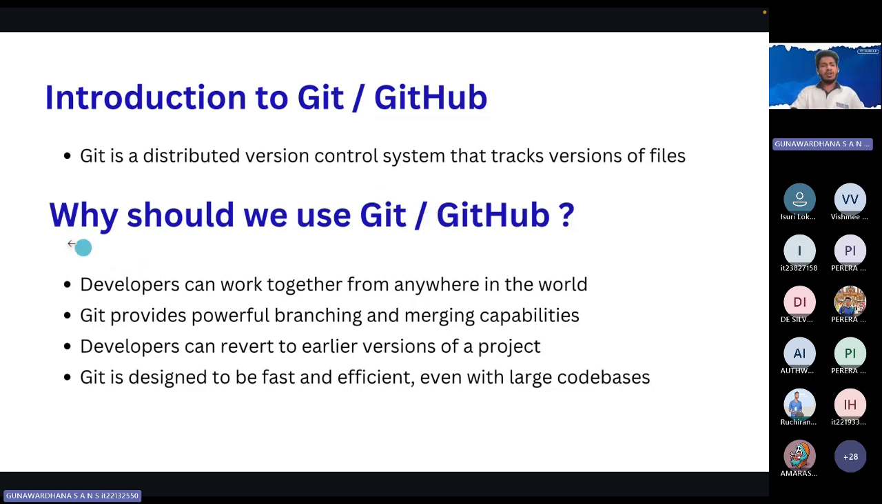So guys, why should we use Git and the GitHub? Right. When we use Git and GitHub, developers can work together from anywhere in the world. So we know GitHub is the hosted version, so in that case, we can use Git and the GitHub anywhere in the world. And Git provides powerful branching and merging capabilities, and also developers can revert to the earlier version